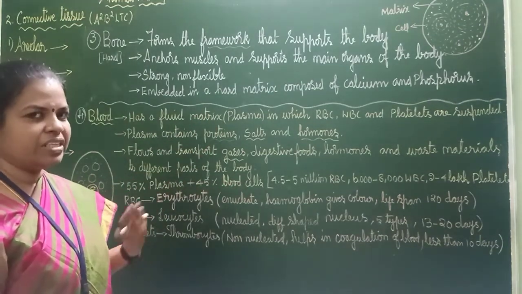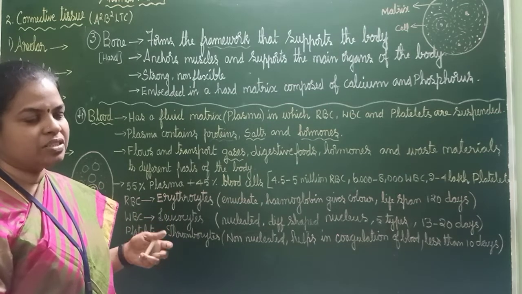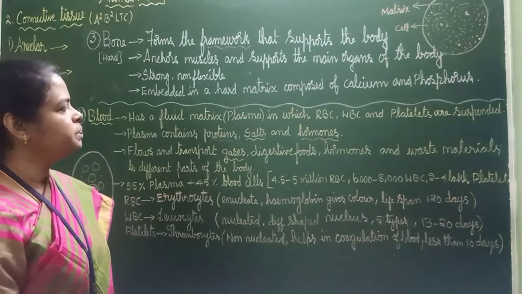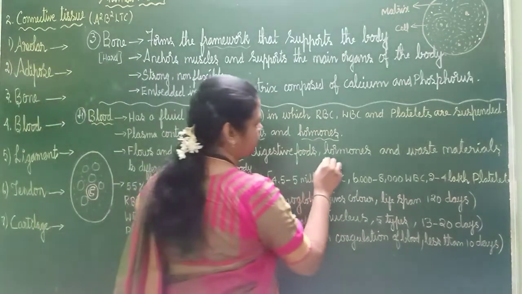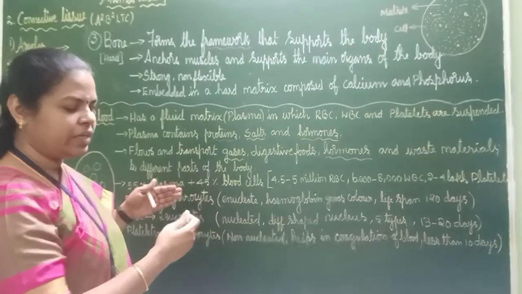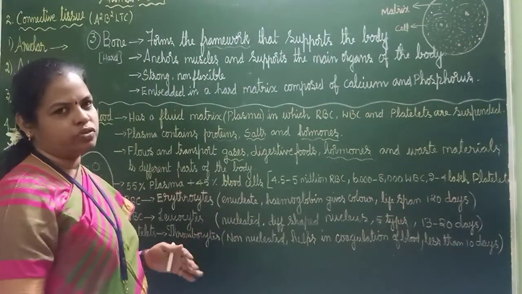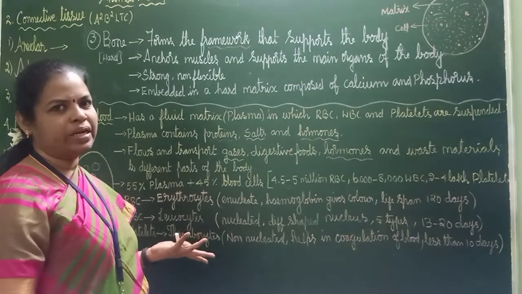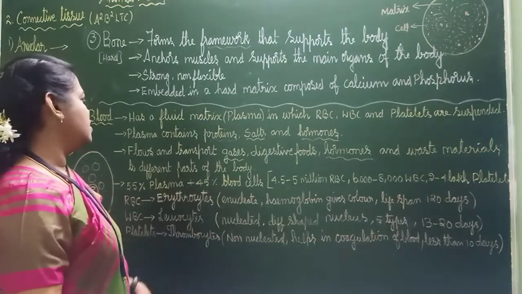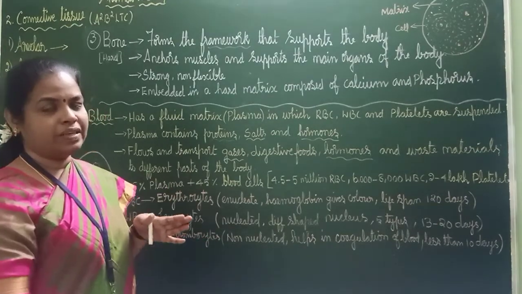After digestion, we will get energy. How do we get energy? Because it is flowing through the blood. And hormones which are produced in our body are also taken by blood and given to that particular place. And waste materials also, the unwanted things. For example, carbon dioxide is a waste that is also carried to different parts of the body. To which part, that we will study.